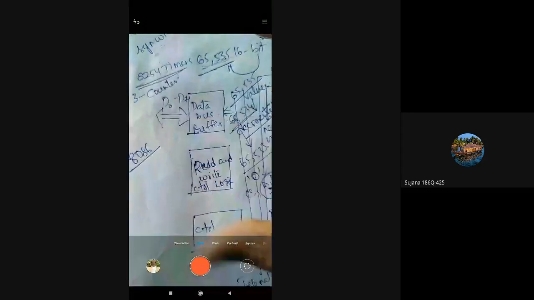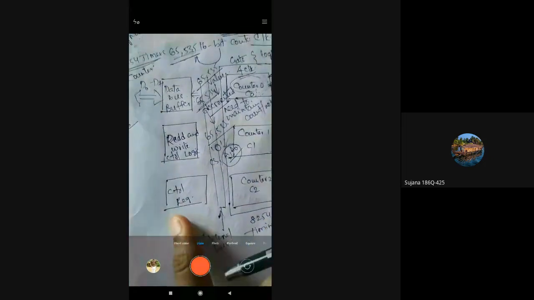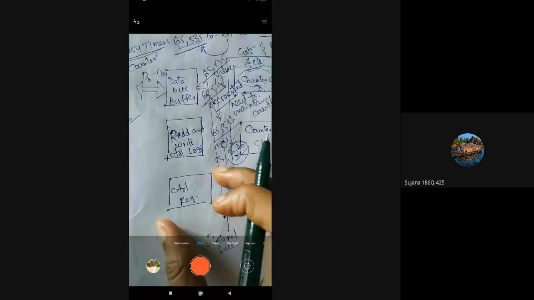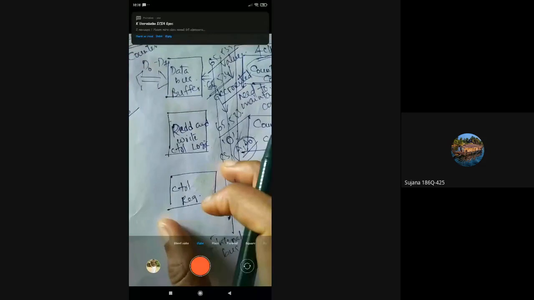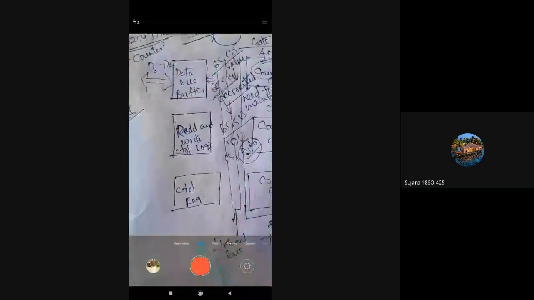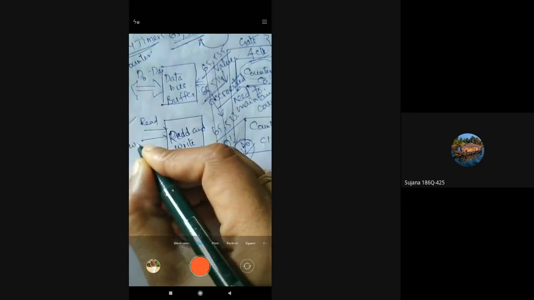Let's say this is an 8086 processor. The timer is connected to an 8086 processor. The synchronization between this counter and the 8086 will be managed by this control register. This control provides the synchronization between the timing circuit and the processor. Here we have read and write logic. This has a read command, and again a write command.